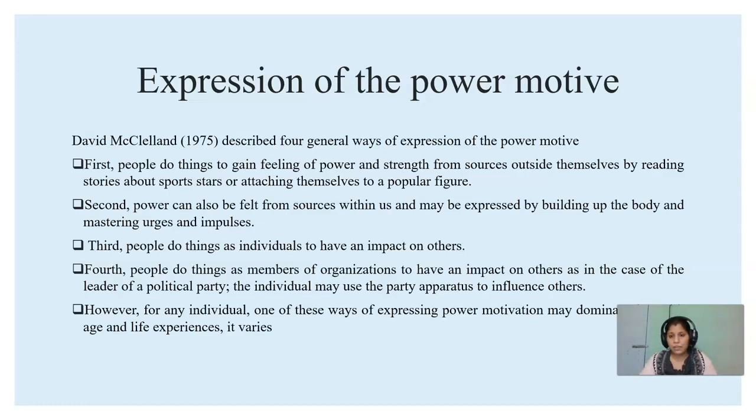McClelland in 1975 proposed that there are four ways by which people express their power motive. First, people try to develop a feeling of power by attaching themselves to some popular figure. So suppose someone is very popular and has a big effect on society. What do we do? We look at what similarity we have with that person, and if we find that we